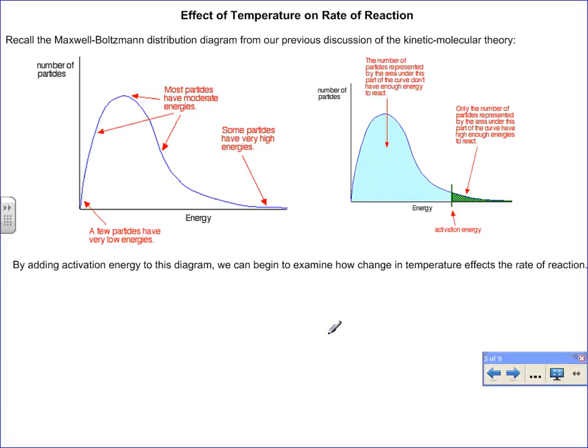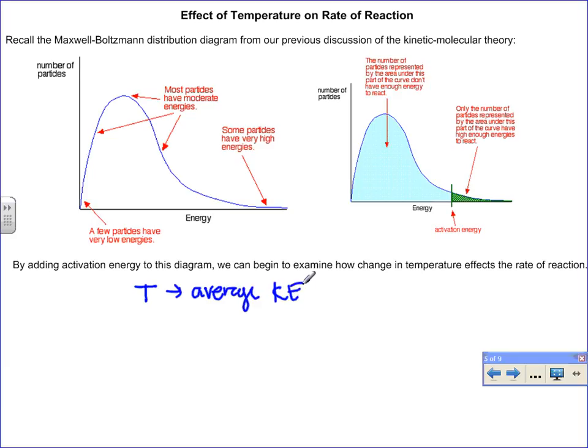Okay, collisions are important for the reaction, and having effective collisions with the right amount of energy is important. And using that information, we can explain the temperature effects on the rate of a reaction, being really articulate and scientific. Rather than just saying increasing the temperature is going to increase the rate, we can explain it in a little bit more detail. We know that the temperature gives us the average kinetic energy of the particles in the